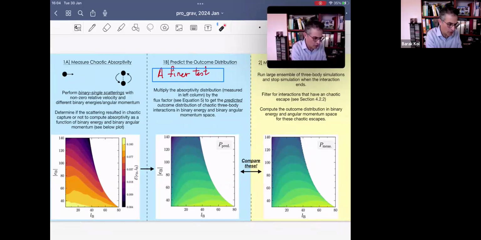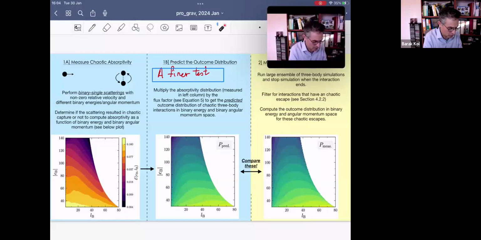You don't have to follow it up to disintegration. So in order to measure the outcome probabilities, you have to follow up to disintegration, while in order to measure the chaotic emissivity, it's enough to measure it only up to capture or non-capture. Okay, so in that sense, it's a shorter